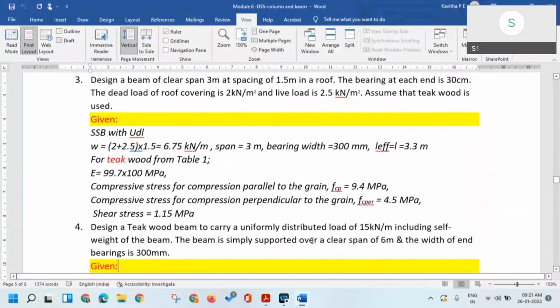So you have to write down all those values and do the same procedure, that is assume the breadth and depth of the beam, calculate the maximum bending moment and shear force, and do the checking for bending, shear, deflection